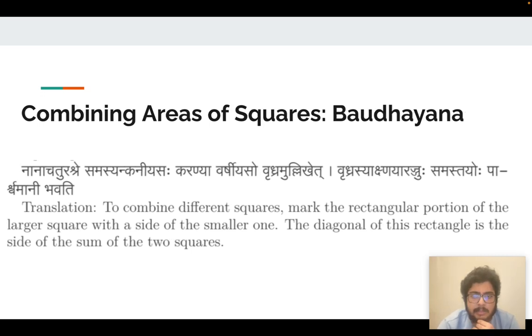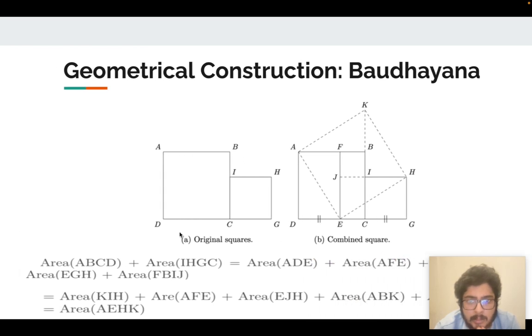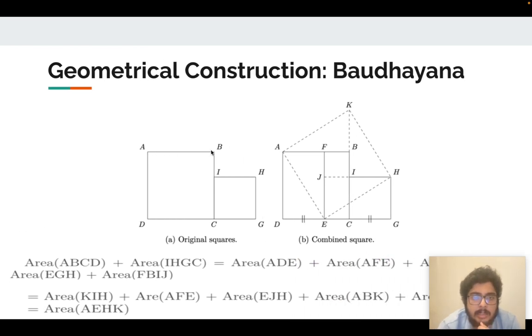So what does this mean? What it means is that, let us say you have a square ABCD of a given area A, and then you have a square IHGC of a given area B. So you have to construct a square which is the sum of areas of these two squares. So what you do is that you take this side length IH,